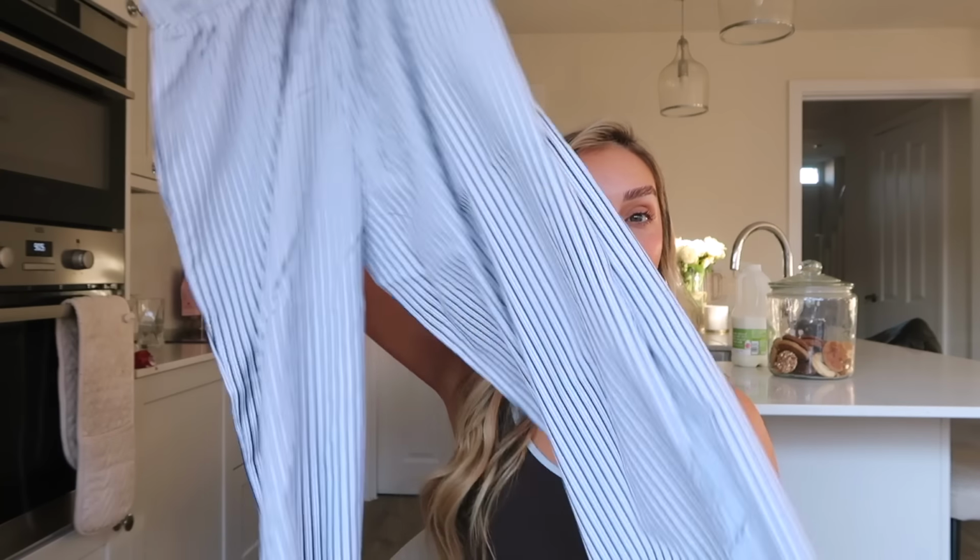And then speaking of spring, I thought I would make a start, like I say, with getting a few kind of spring summer bits in. And I actually picked up these pants, and they're called Not Scared Anymore striped pants. They're kind of just in a really thin fabric and they're like floaty. And I wore a lot of this kind of style last year. I think I've got some in like a light blue from Whitefox,